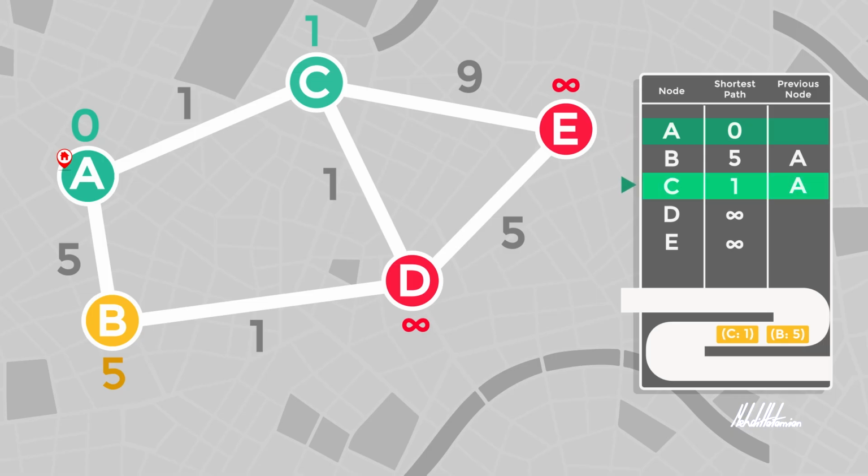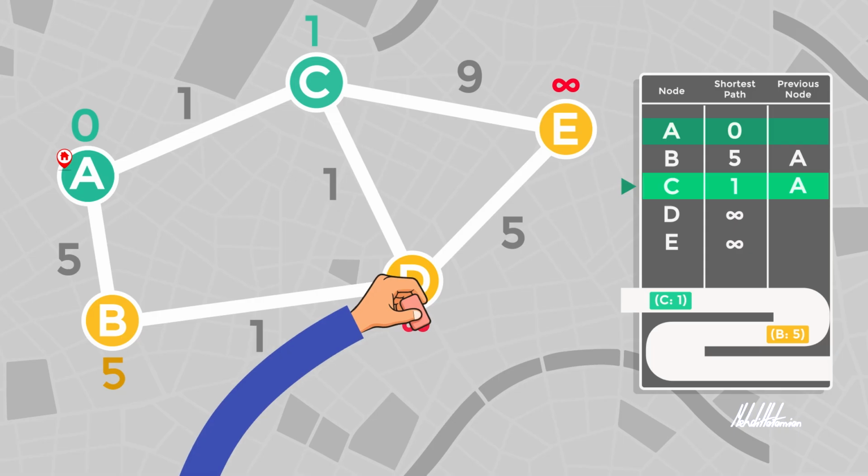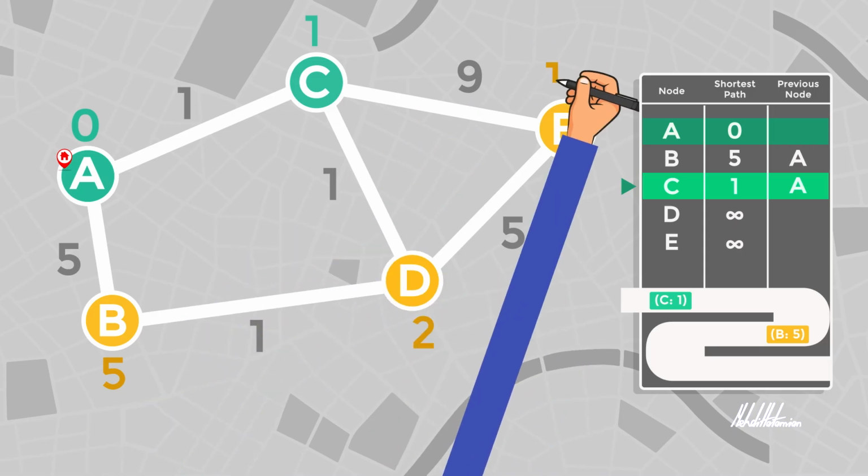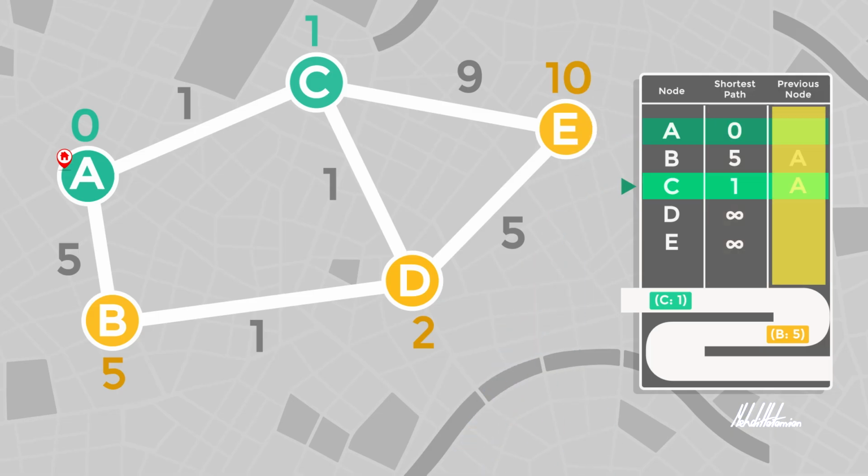Now we look at all the adjacent nodes of C. Its neighbors are E and D. Since we have reached C with a total cost of 1, reaching E from C now costs 10, and reaching D from C costs 2. Both of these values are much better than the previous infinity we had for them, so we update the table and the priority queue accordingly. Now we insert these adjacent nodes into the priority queue so the algorithm can decide which one should be processed